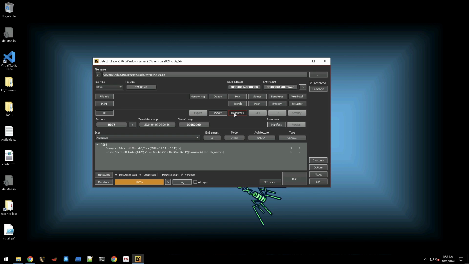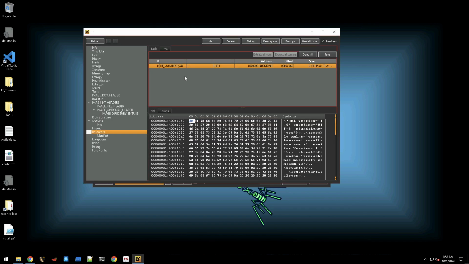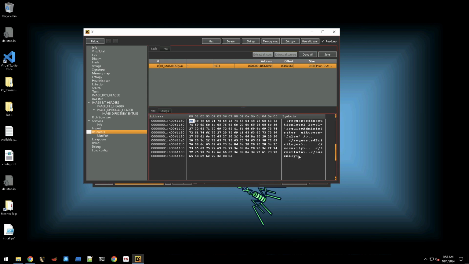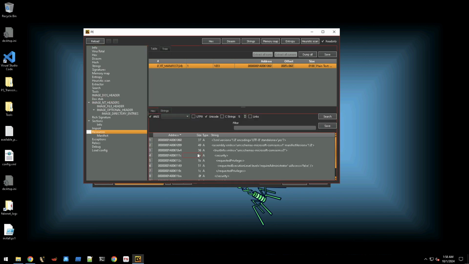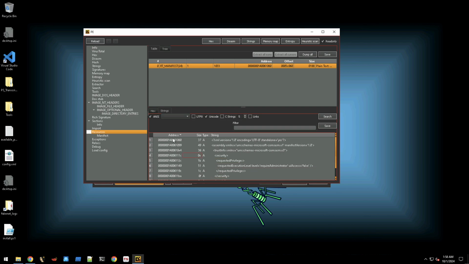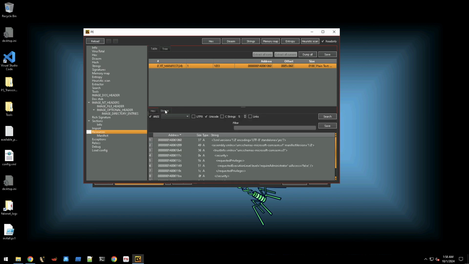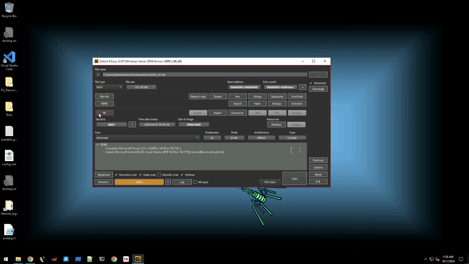If we go to resources, for example, we can see that this executable only has one resource here, which is the manifest. In the manifest, we see this text. If we go to strings, we can read the strings in a fancier way than looking at them in hexadecimal and trying to read them over here. It's really up to you the way you want to look at this, and again, there are other tools which can help you with that. If we go to PE,